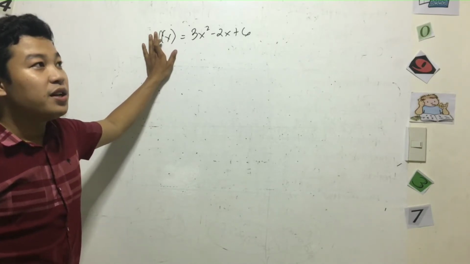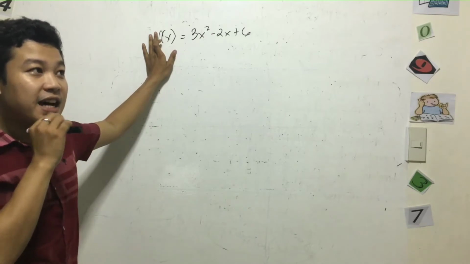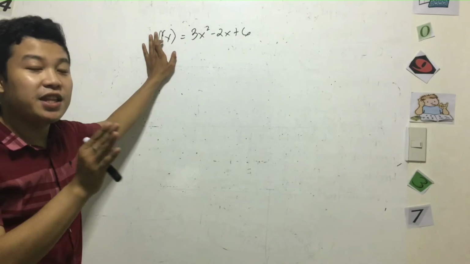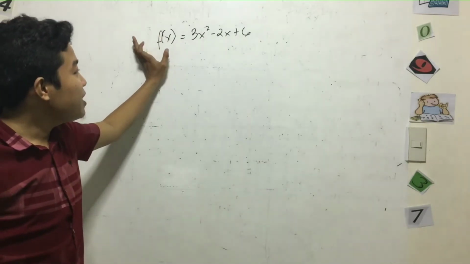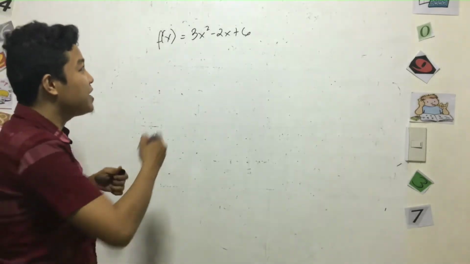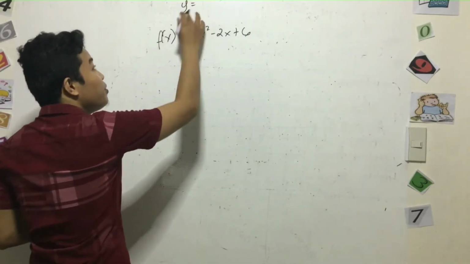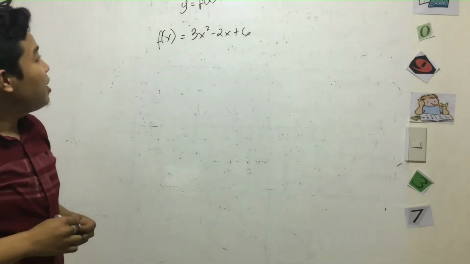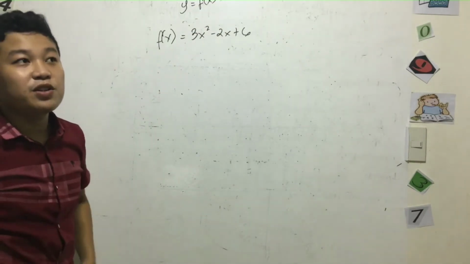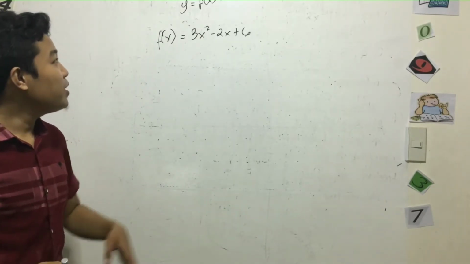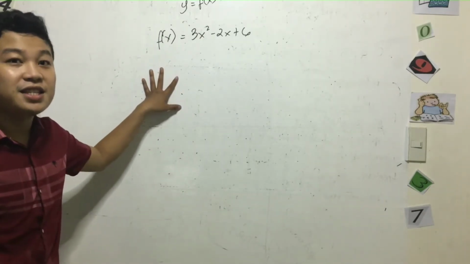Okay? So, di ba pagka sa ating ordered pair, meron tayong tinatawag na x and y element. So, the first and the second element. We can say, plus, that the second element is the value of f of x. Why? Because, di ba, I told you before that y is equal to f of x. It's just, y becomes f of x because we are using the function notation. Pero, ang ibig sabihin pa rin yan, kung ano yung maging value ng f of x, it's just the y